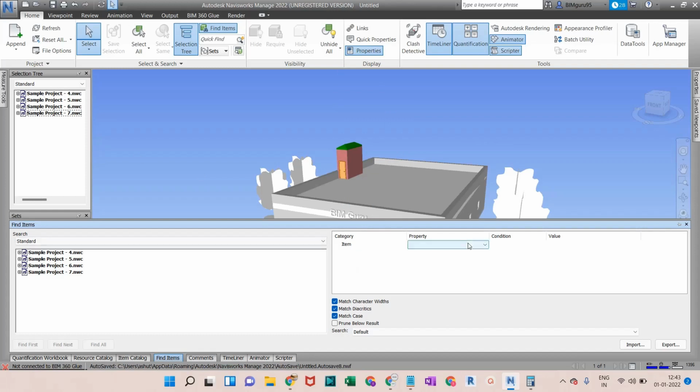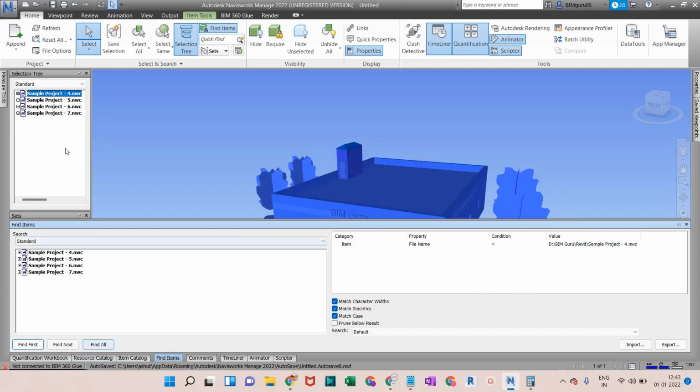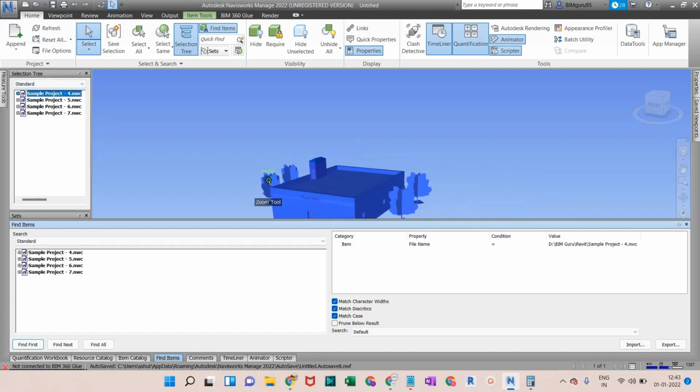I've selected the item, I'll go with the file name, that should be equal to, and the file name should be Project 4, I'm selecting. I'll click on Find All. Right there you can see it is selected. So that is how it works.